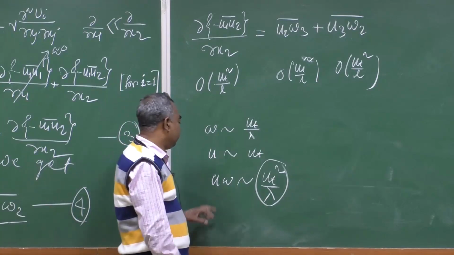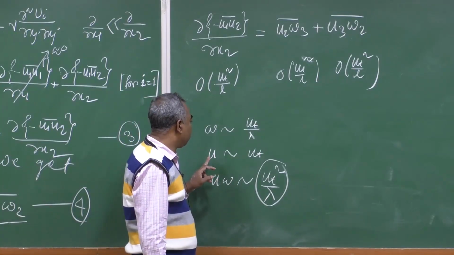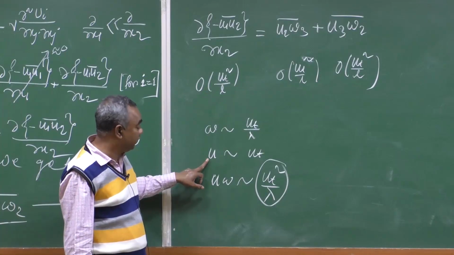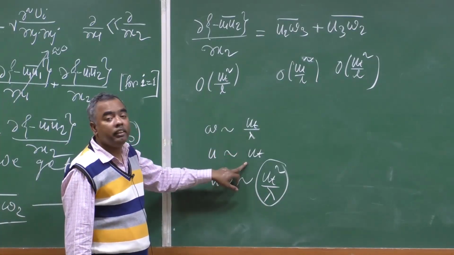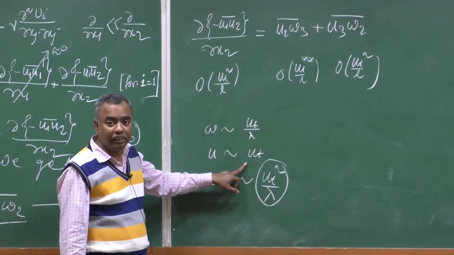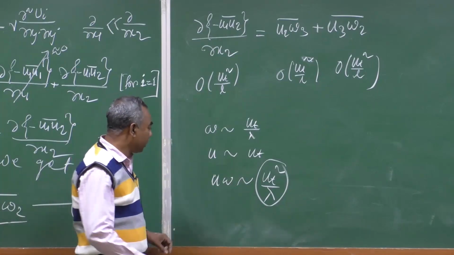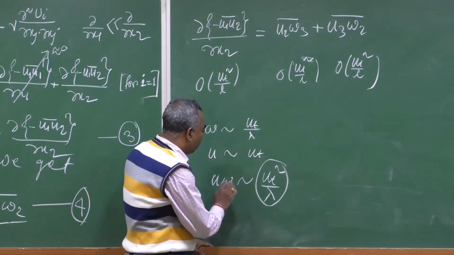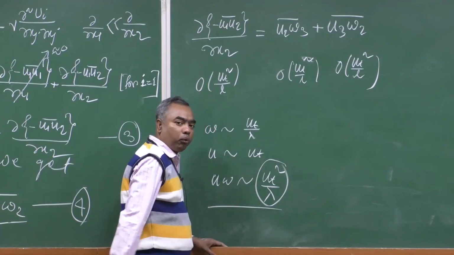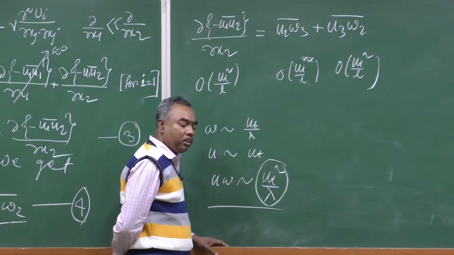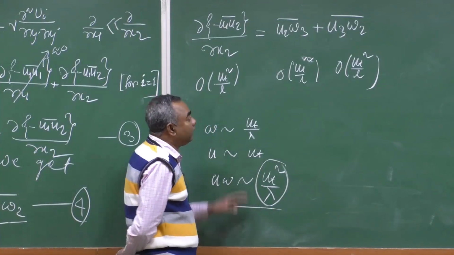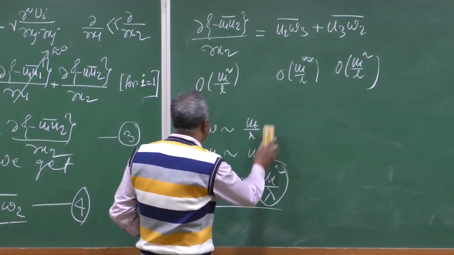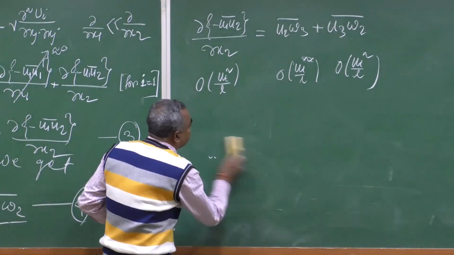We are considering the time scale contributing to omega and the time scale contributing to u to be of the same scale or same frequency, which is not the same. Since it is not the same, this estimate can be considered as the maximum estimate, and using this we can normalize the actual estimate ut square by L